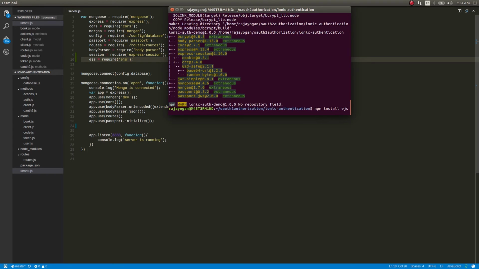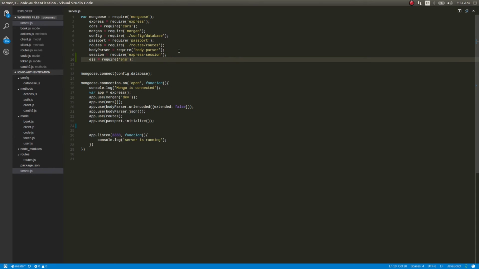Install EJS. To be honest, I don't know much about these templating engines, guys. EJS, Handlebars, and what else, Jade is there. I don't use much of those. I just use HTML and CSS and I'm content with that. But many people have highly recommended that I take a look at them, and they would be highly helpful for front-end design. I have to look at it when I get some time. Basically I took this EJS code from Scott K. Smith's blog. Okay, let's just proceed rather than me talking.